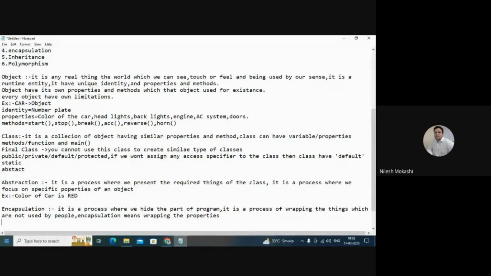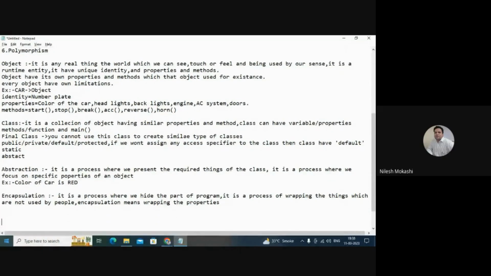When you hide the program of a particular object, that is called encapsulation. So in encapsulation, you are hiding the things which are not required. Then let's go for the next one.